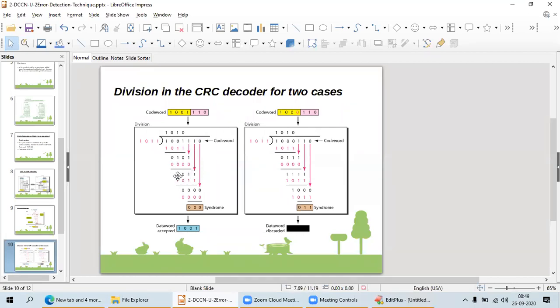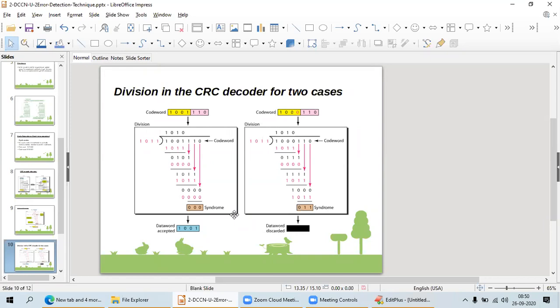My word starts with 1, so I divide with 1011 and I got all zeros. Then I shift down 0, and again divide with 0, all zeros. I got the syndrome as all zeros, so the data word 1001 is accepted at the receiver.